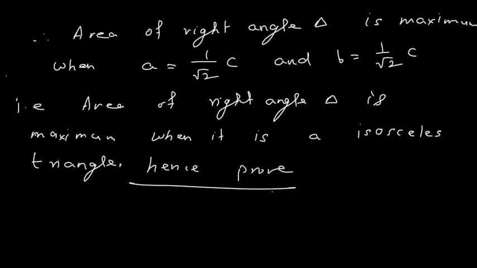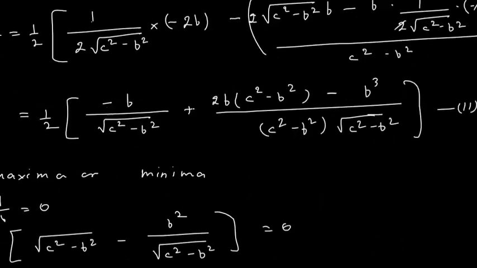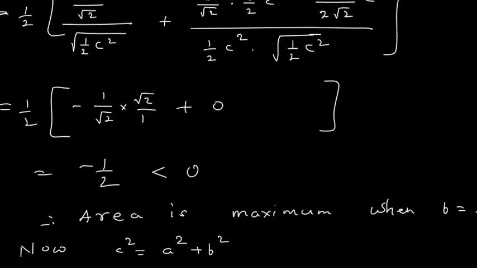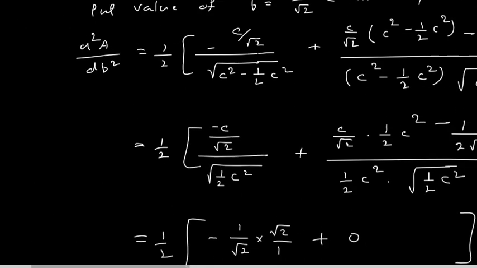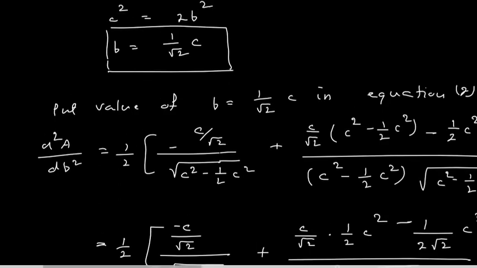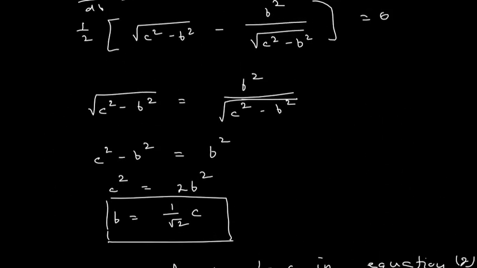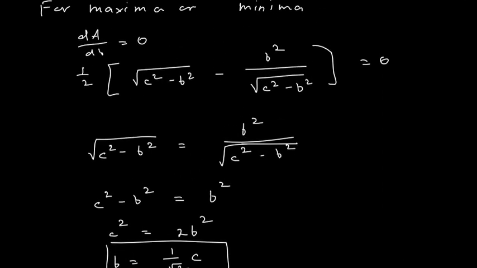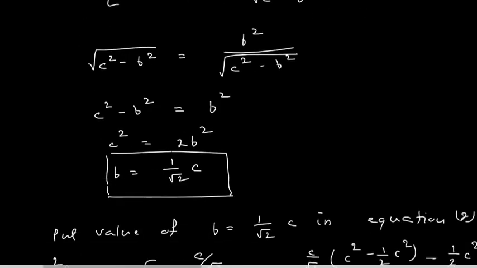Now I want to discuss this problem 1 again, because here we find that this second derivative part was very lengthy, and there we could have made some mistake. So if you see your NCERT textbook, there they have solved one problem in which they haven't solved this second derivative. What they have done, they have found this first derivative and found the value of b, and for this value of b, this condition indicates where I have maximum or minimum area. Now I don't know whether it is maximum area or minimum area. I will find the area using b is equal to 1 upon root 2 c. Okay, so I will get one area. Now that area could be maximum area or that area could be minimum area.